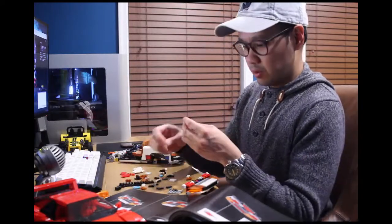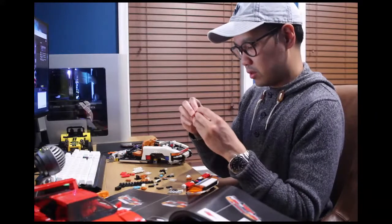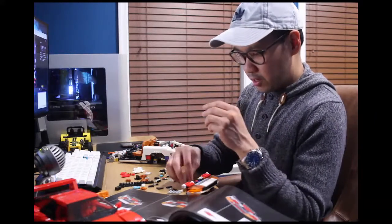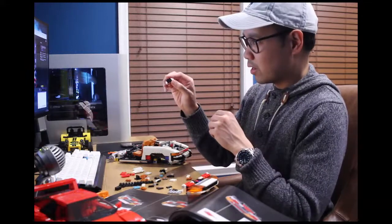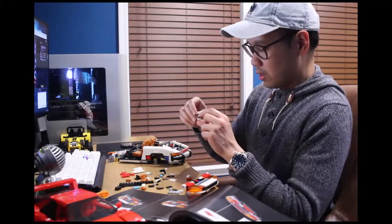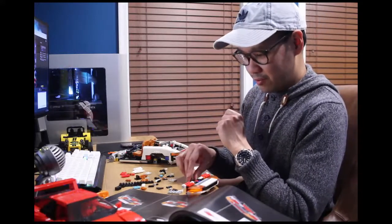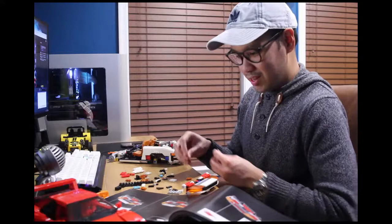So I've got a couple vent trim pieces on the front, kind of like what we did in the back. These kind of black, you're not going to be able to see it, but kind of these black AC looking vents. I know they're not AC vents for the Porsche, but